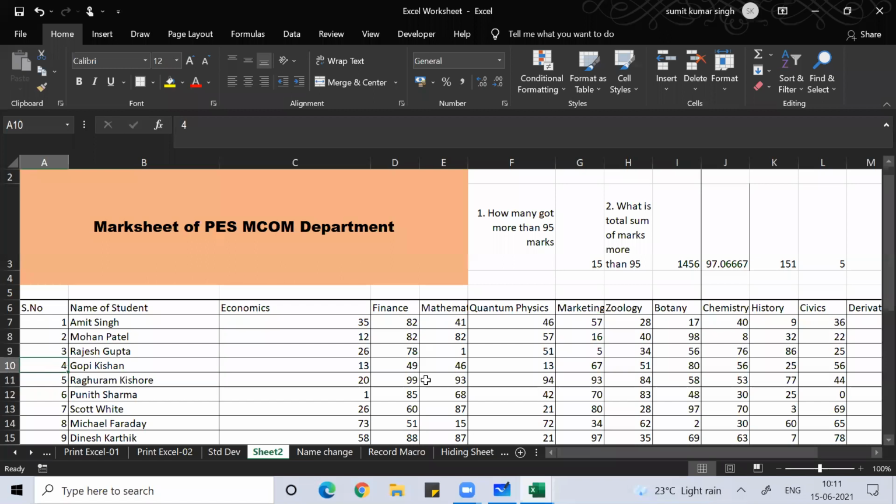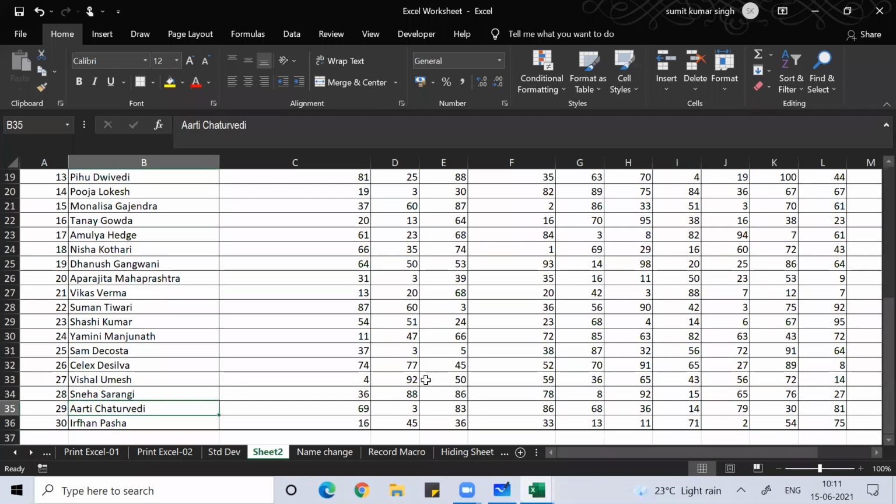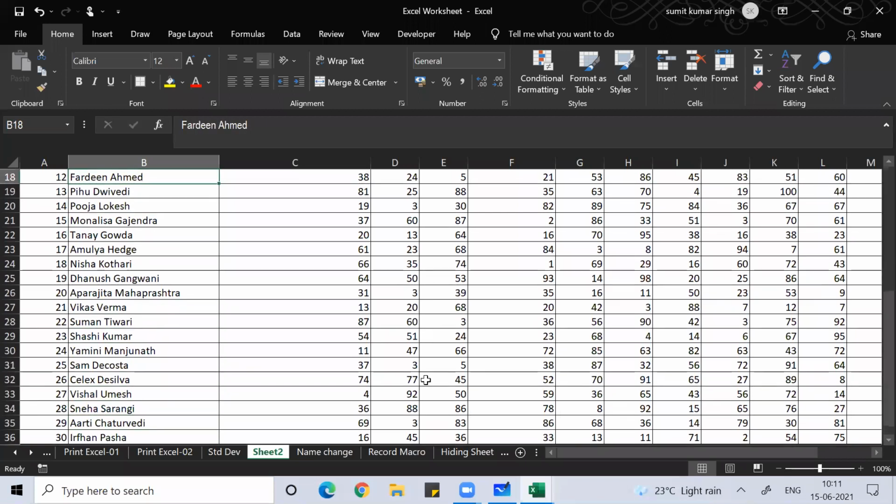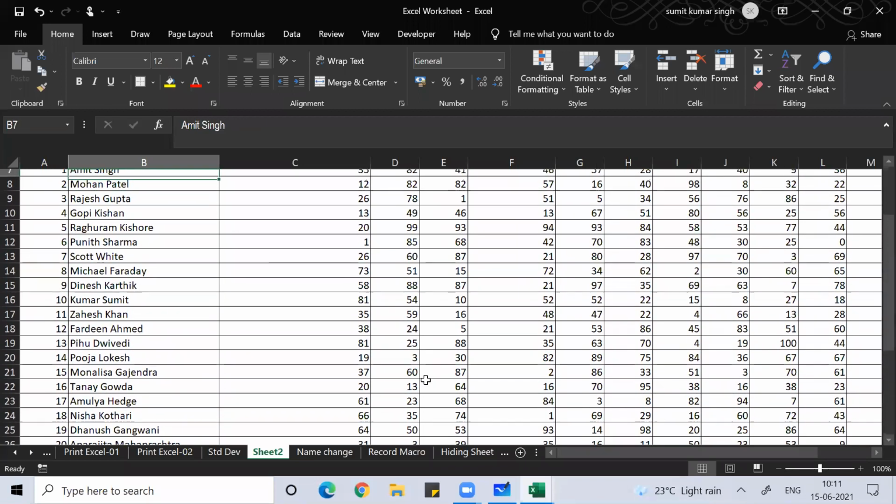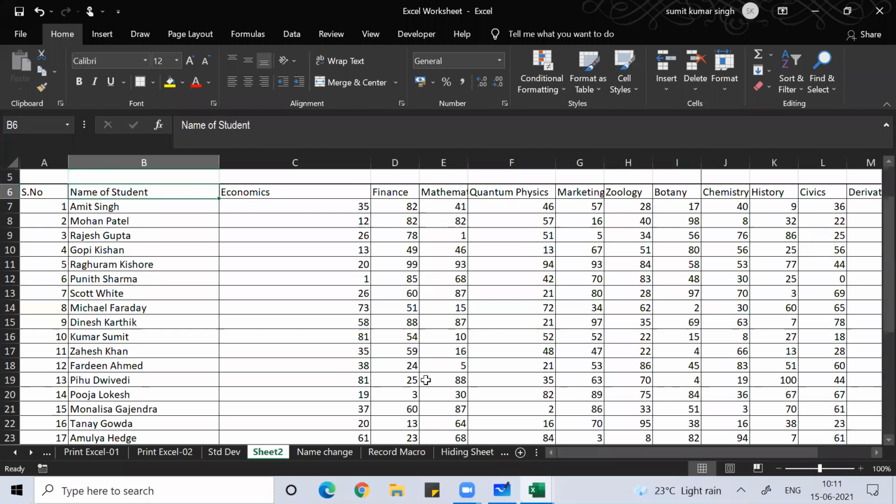I have put around 30 students' names. Now, guys, if I want to separate the name and surname, I want the name separately and the surname separately, how can I do that? You know how to merge the name and surname.